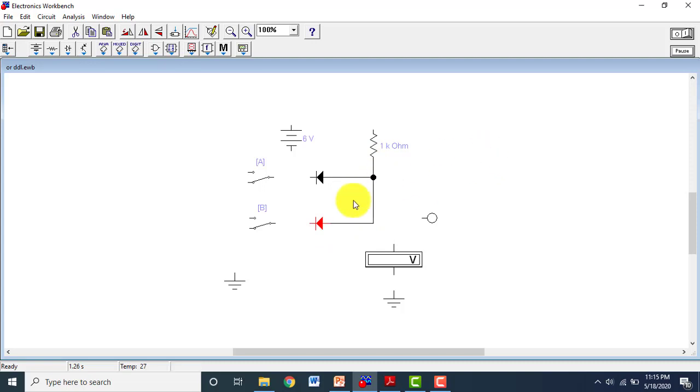So we have attached the P terminal on the output side, and here we have attached the voltmeter, here we have attached the LED, and here we will attach the ground, and here we will attach the DC voltage to the resistance. This terminal will be attached to the N terminal, this will be attached to the N terminal, and the ground will be attached to the battery and all the terminals.